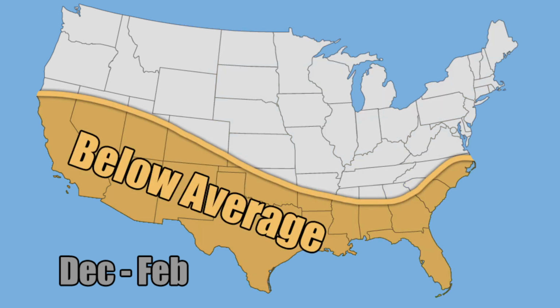Now, here's that precipitation outlook, and then we're going to look at that overall forecast as well as the snowfall forecast. Don't forget about that. That'll be coming up in just one moment. So again, this is going from December to February. Below average precipitation, in the form of both rain and snowfall, for portions of the coastal Southeast down through portions of the Gulf states and then into portions of the southwestern United States.